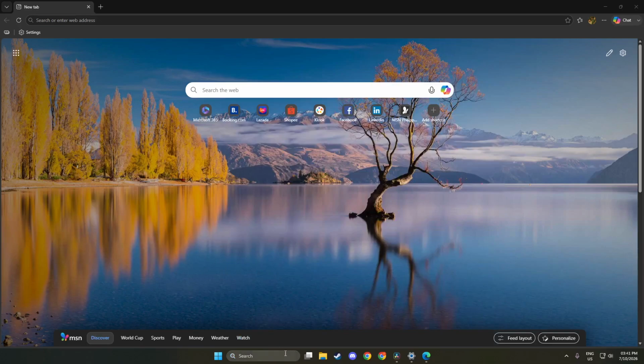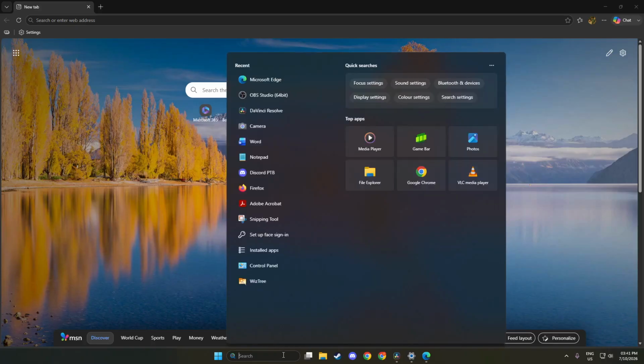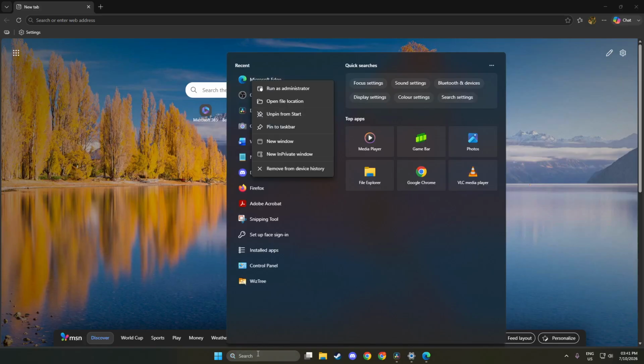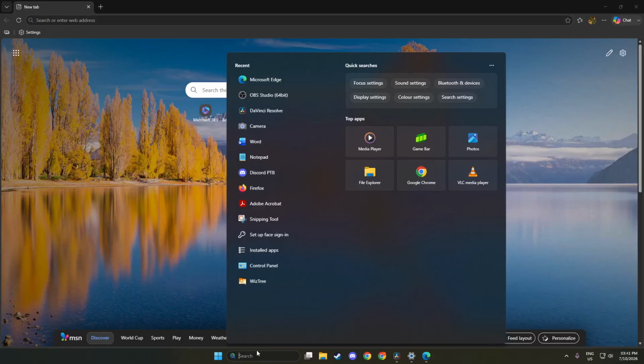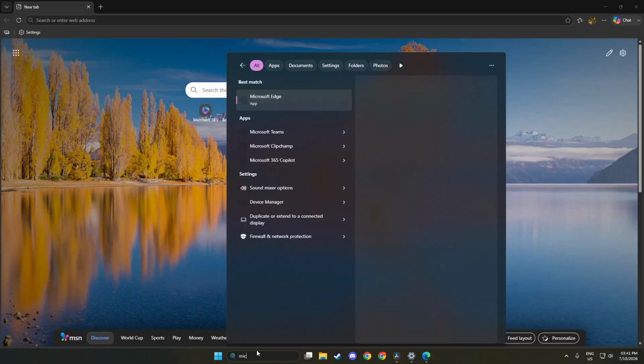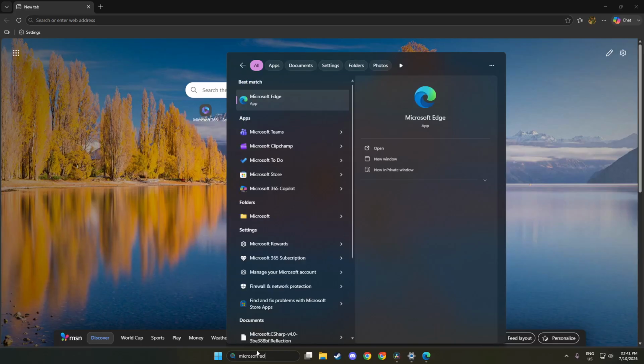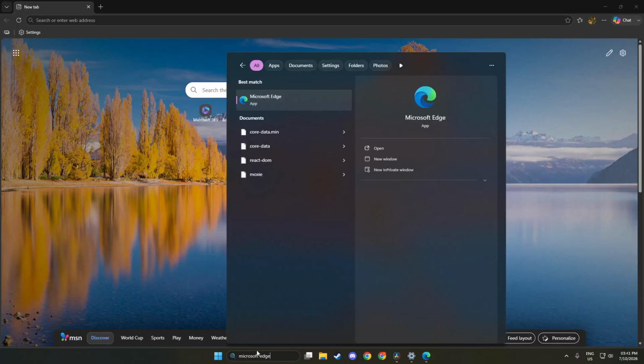Once the Start menu is open, it's time to search for Microsoft Edge. You can simply start typing the name Microsoft Edge right after opening the menu. As you type, you'll notice that the search results will begin to appear right above the search box. This feature is designed to help you find what you need quickly. It's a convenient tool that saves you time, especially if you have many applications installed.